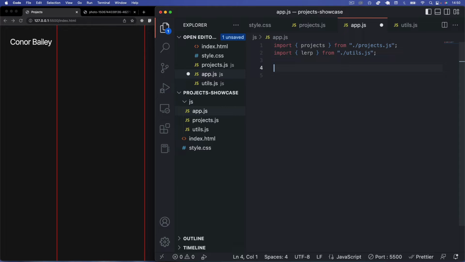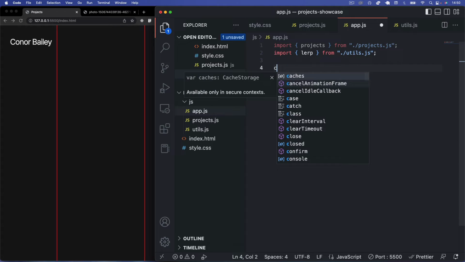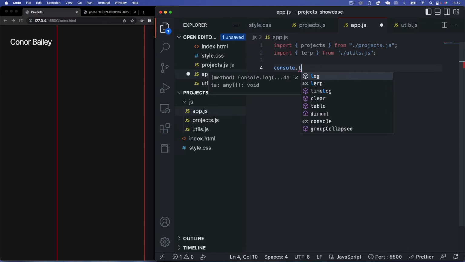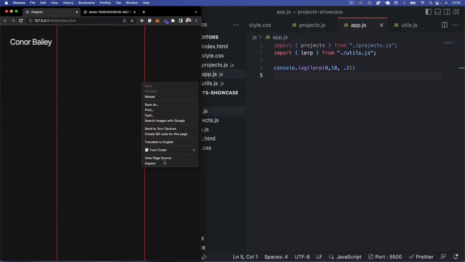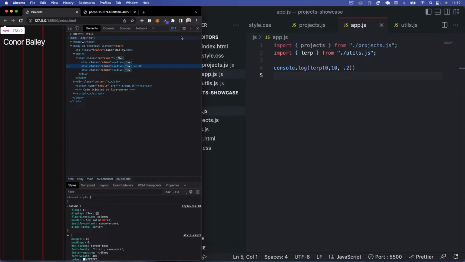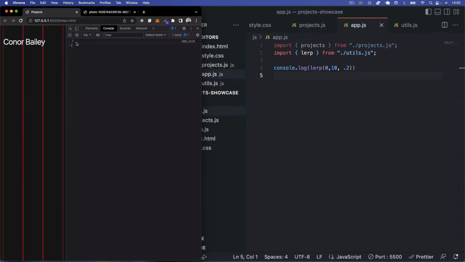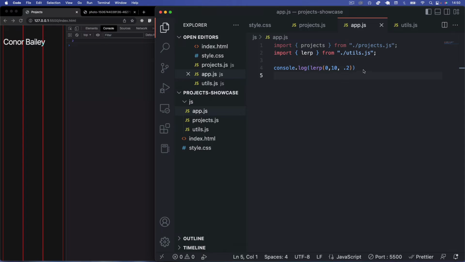So now, for example, if I say console.log lerp, and we had 0 as the start, 10 as the end, and 20%, so 0.2. This should log 2 into the terminal, because 20% between 0 and 10 is obviously 2, and there you go. So that's what that lerp function does. That's the equation, and this is what we're going to be using to build these really nice animations when we